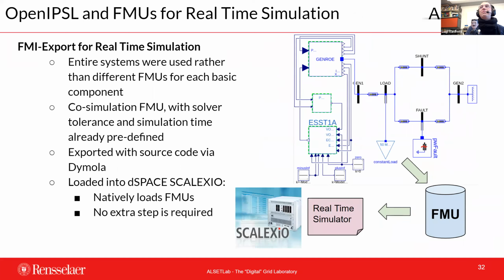One of the extremely good pieces of luck that I've had in my life is that there is only one real-time simulator that supports this standard, and luckily it is dSPACE through SCALEXIO. So you can actually generate this FMU that includes the C source code. You can give it to the SCALEXIO real-time hardware, and you can run the model in real time. So you don't need to re-implement everything to use a real-time simulator. We don't have to do anything other than load this FMU container into the software environment, and then put wires to couple everything together.